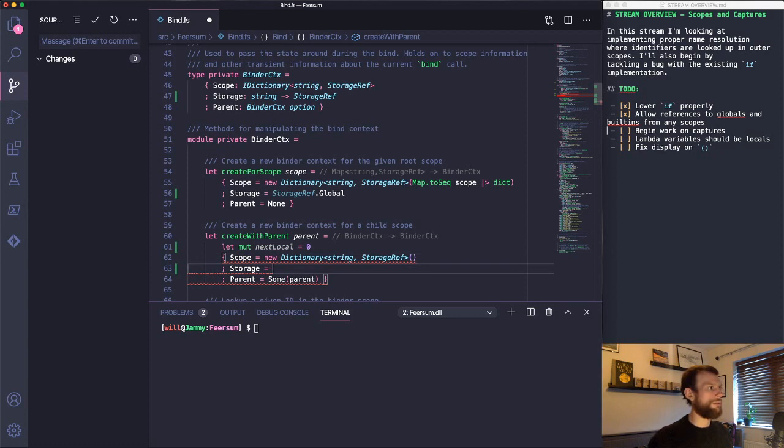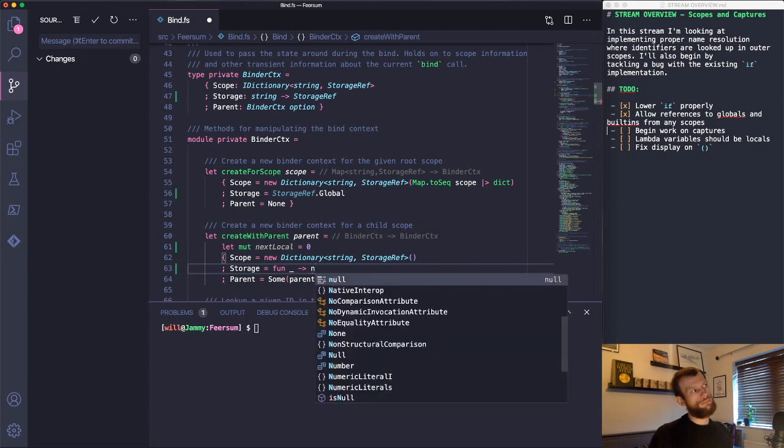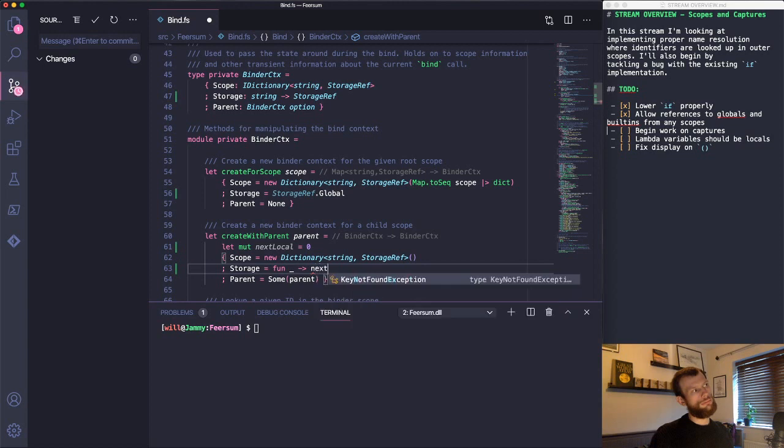And we do storage equals a function that takes an ID, doesn't do anything with it, and it does